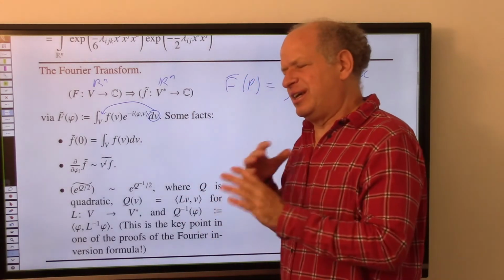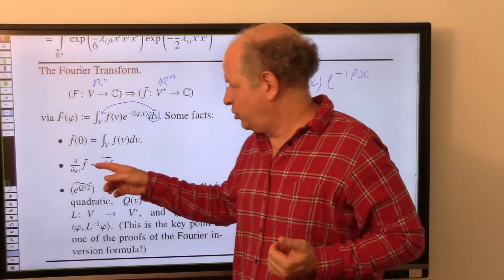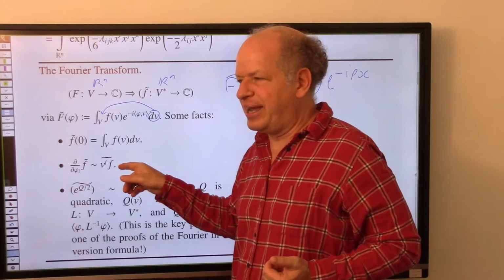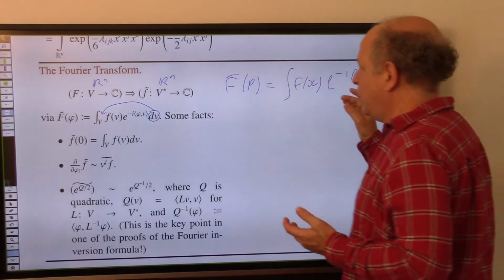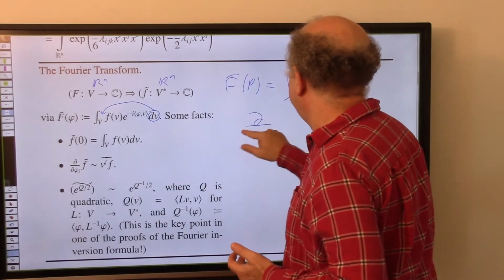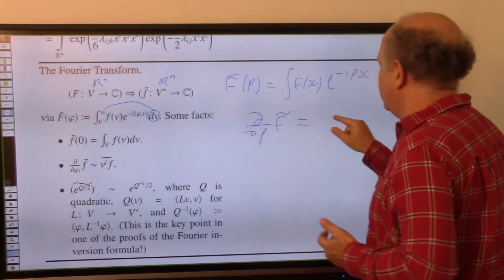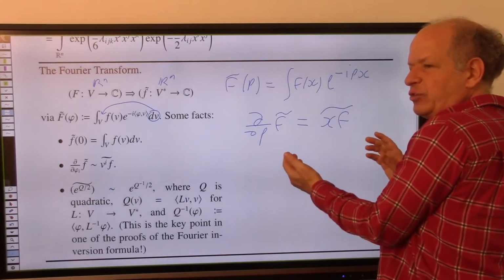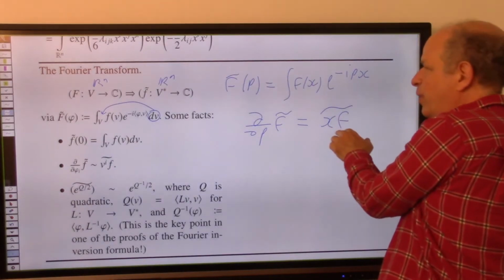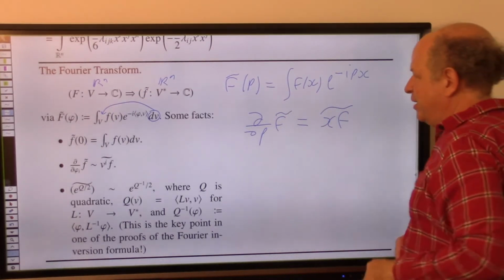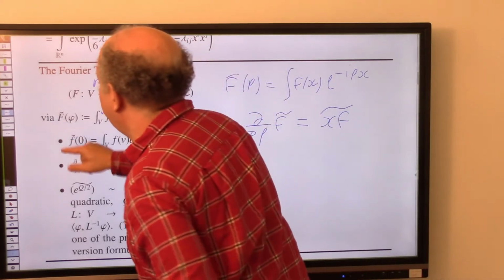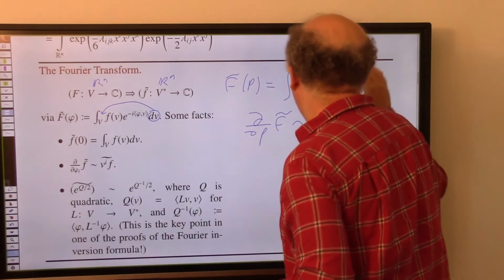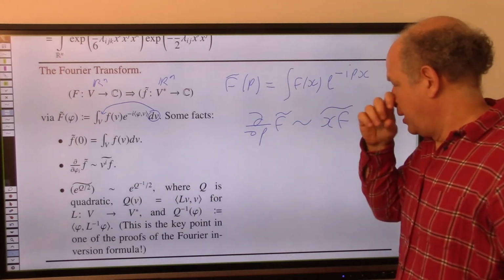Property 2, again, I'm hoping you've seen the Fourier transform before, but property 2 says that the derivative with respect to phi of the Fourier transform is the Fourier transform of v multiplied by f. Maybe you've seen it as the derivative with respect to p of f tilde is equal to the Fourier transform of x times f. Okay? So basically, the Fourier transform takes multiplication by one variable to differentiation with respect to the dual variable. And sorry, I wrote equal, but I really meant proportional. There is some constant of proportionality which I don't want to figure out what it is. It's i or minus i or something like that. Okay? And finally,